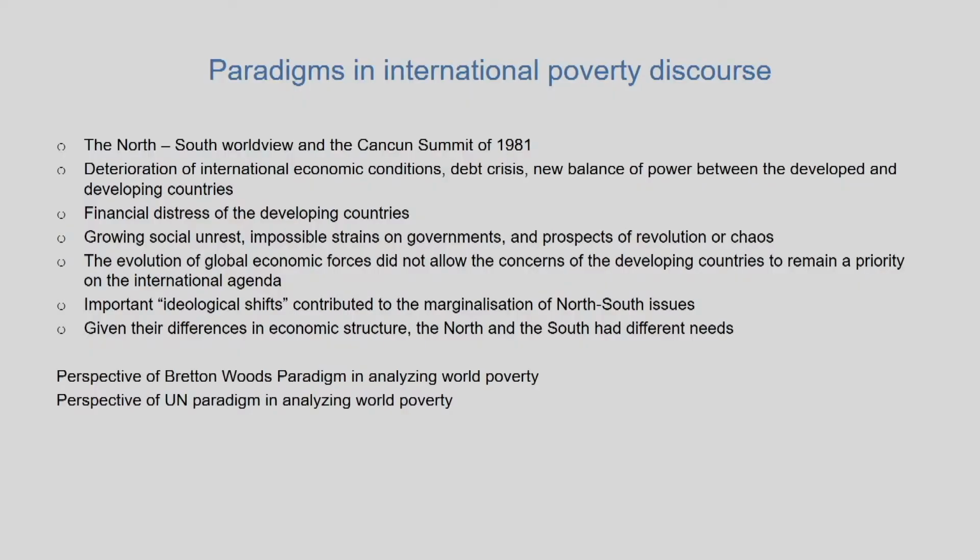On the one side, the Bretton Woods institutions consider poverty as a residual, something which is declining, something which is waning across geographical regions in different countries of the world, whereas the UN paradigm looks at poverty as being something on the rise, inequality being on the rise, and because of globalization and its disparate effects on different countries across the world, it looks at poverty and inequality